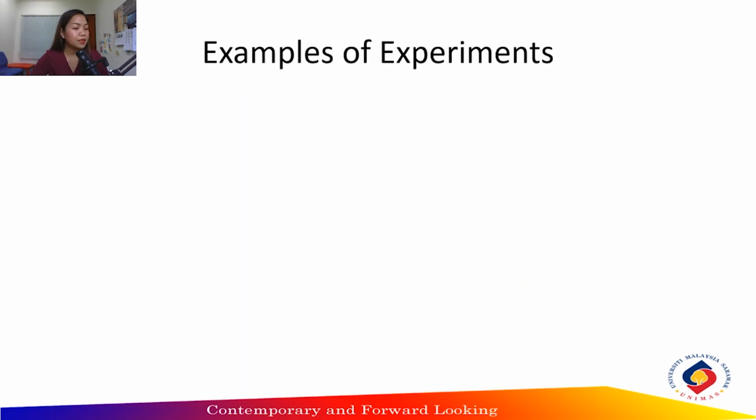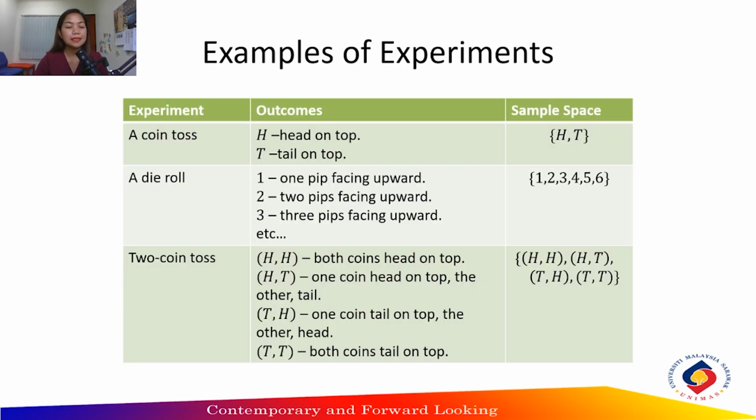Let's look at more examples of experiment. So in this table, we can see the experiment, what are the outcomes and the sample space. So for a coin toss, we can get either a head on top or a tail on top. So this is H, T. And then when we have a die roll, so again we can have for the sample space 1, 2, 3,